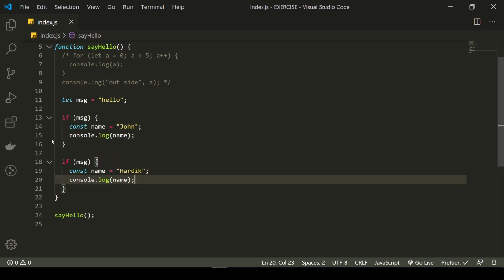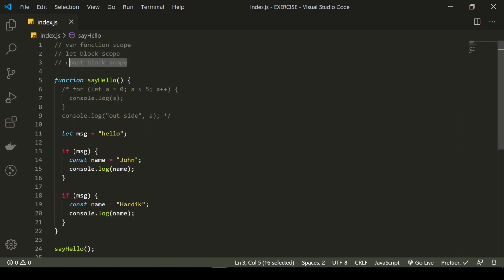So that said, const is a block scope, and let is also a block scope. Const will not allow you to override the value. You cannot reassign that variable, and if you do want to reassign the variable, you can use let. Let would allow you to reassign the variable, and it's a block scope variable. And if there is a really strong reason to use var, then use var. Otherwise you should start using let and const instead.